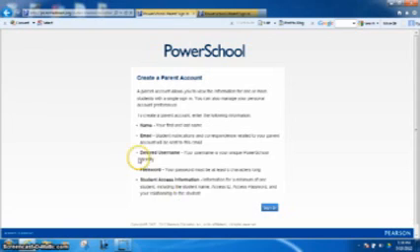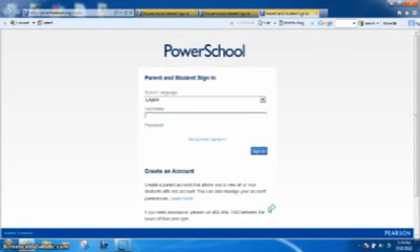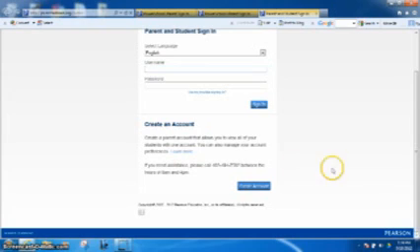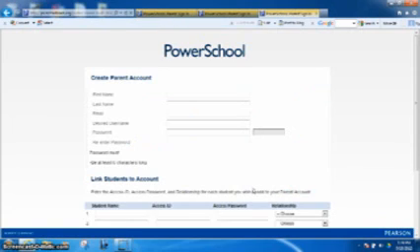And basically what this learn more link gives you are all the steps that you'll need to create that parent account. So you'll need your name, an email, which we'll get into in a little bit here, your desired username, which will be your unique PowerSchool identity, as well as a password and student access information, which we'll also get into here in a couple minutes. So then you go to sign in, once you learn more about what you want in the account or what's needed in the account. So then you'll scroll down and go to create account here once you're ready,